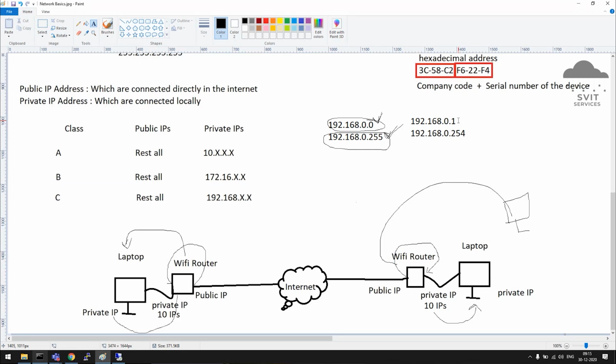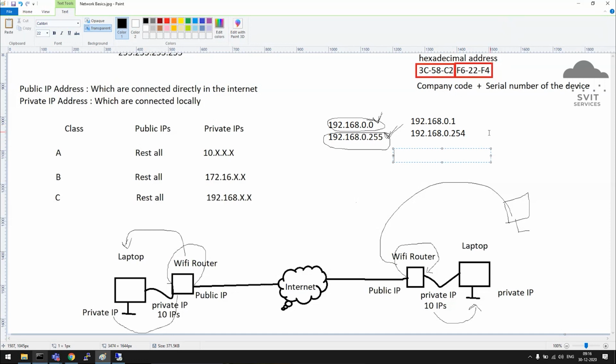There is some chance they will configure middle values also. That will be very rare, some 5% of people, something like 0.10 as the gateway. Only 5% chances, the random values, to confuse the hackers. Fine, those security things they will take care of. I'm just telling you the basic logic of which IP address will be used for gateways: 80% it is 0.1 and in the remaining cases it will be 254.